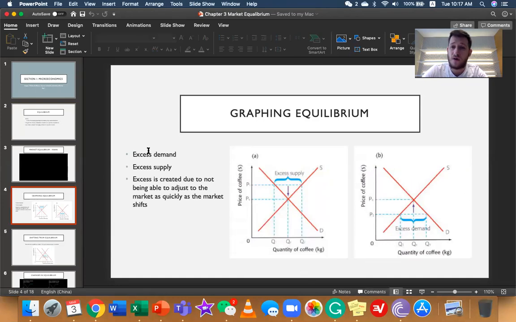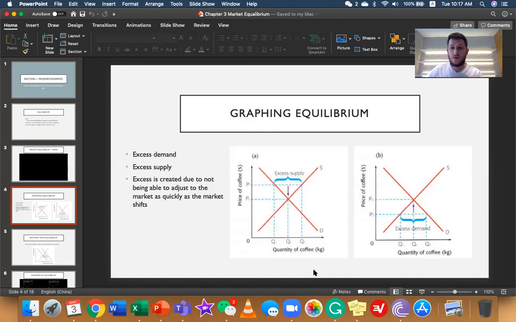So make sure you know the definitions of excess supply and excess demand. I won't go through them here. But this excess is created because the market has not been able to adjust, and usually it's because of a quick change